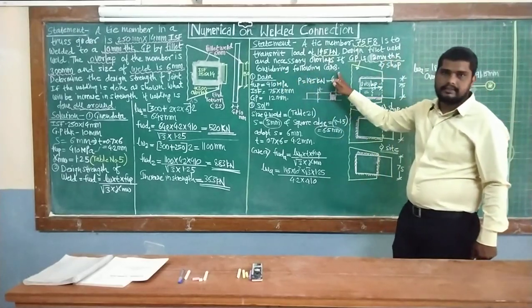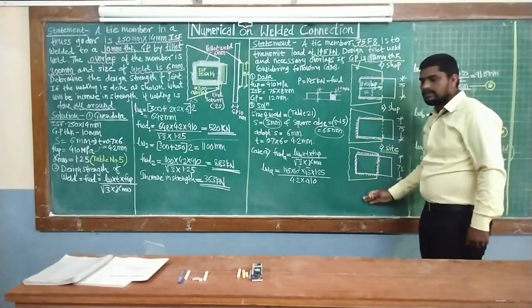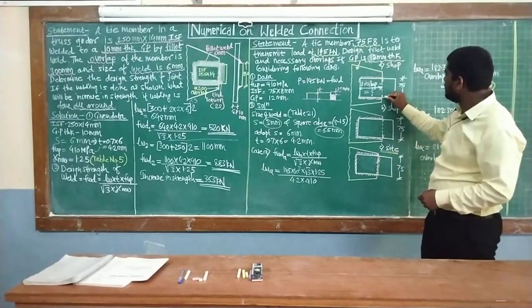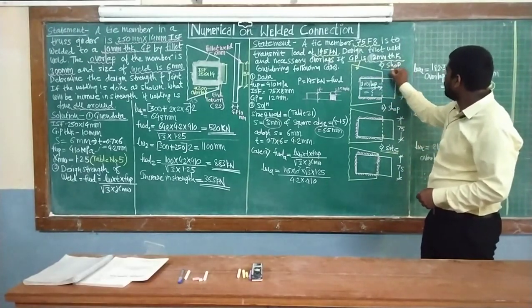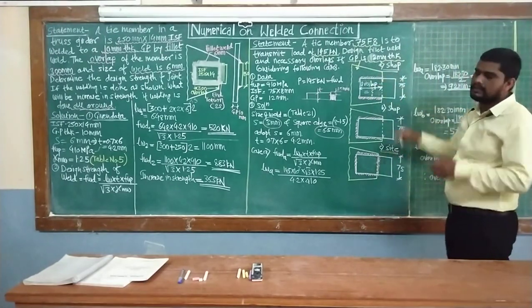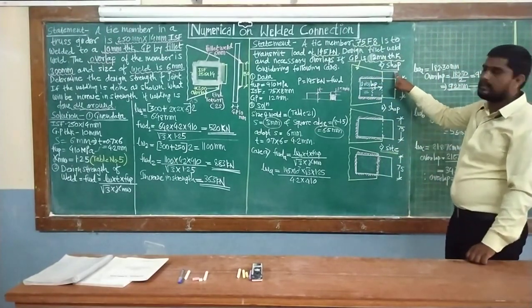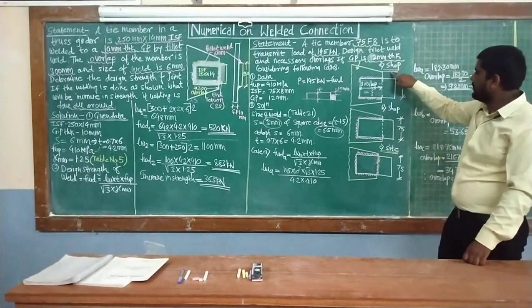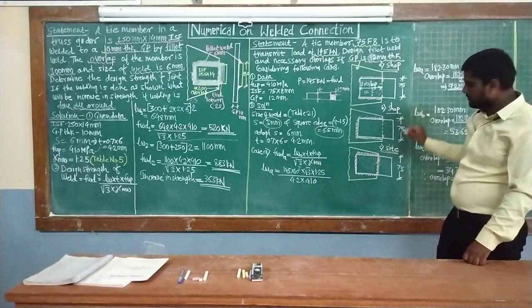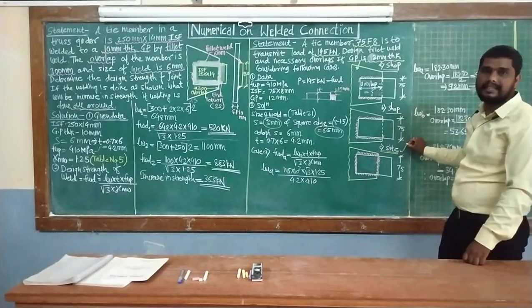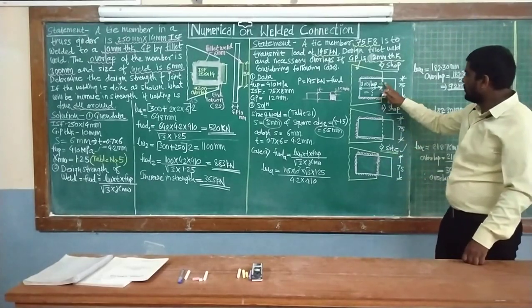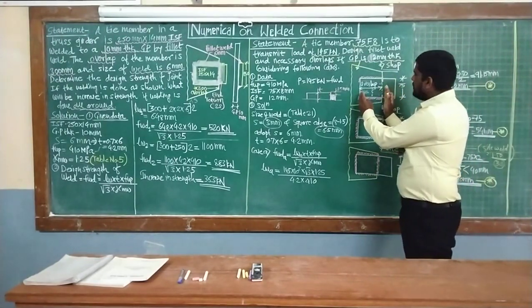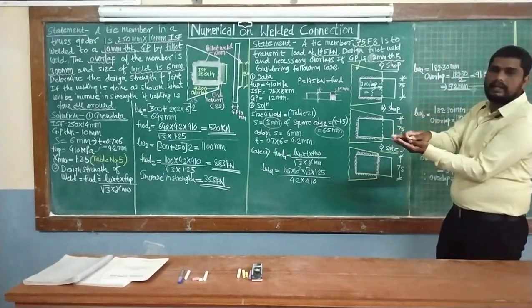Considering the following cases, these are the cases. So in the first figure, we are going to see the welding we are going to provide, or whatever connections we are going to make, in the shop. The second one is also shop, but the third condition is related to site or field. So dealing with this overlap, how much length of weld overlaps over the other plate.